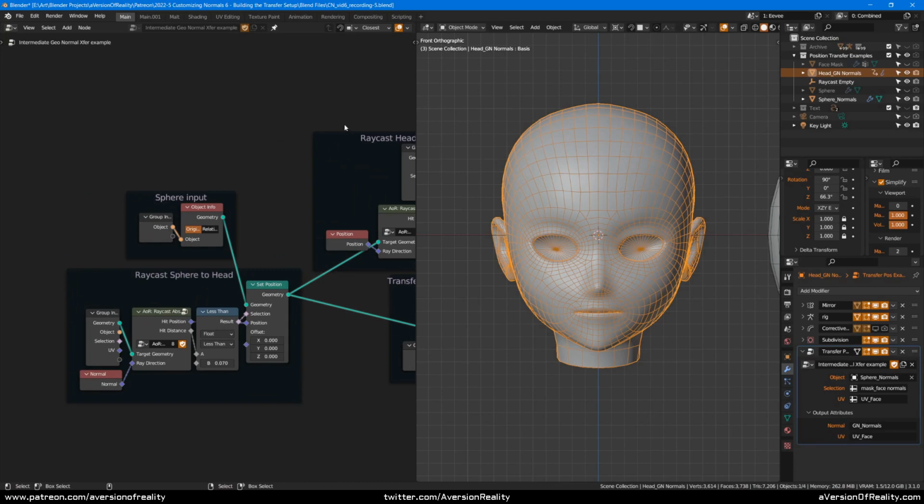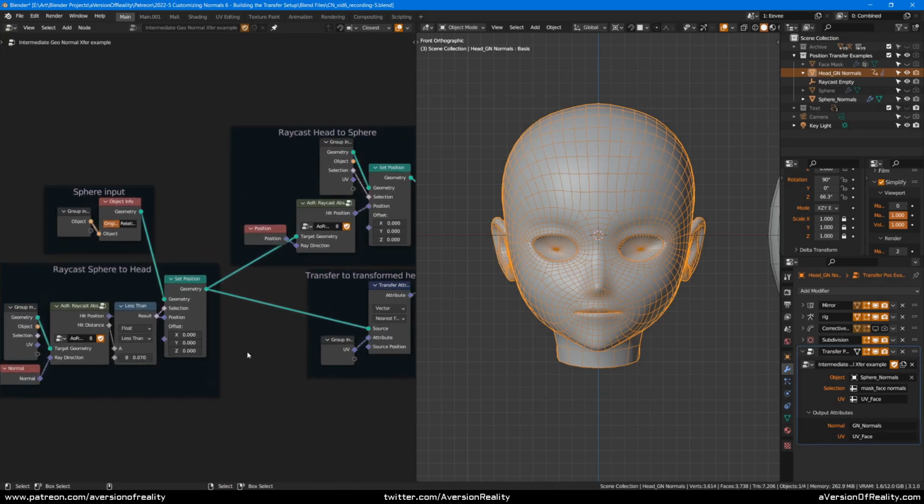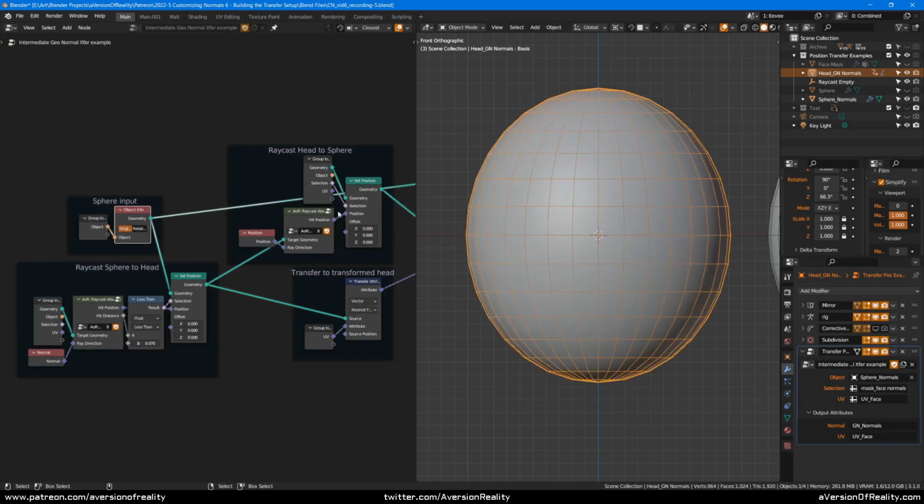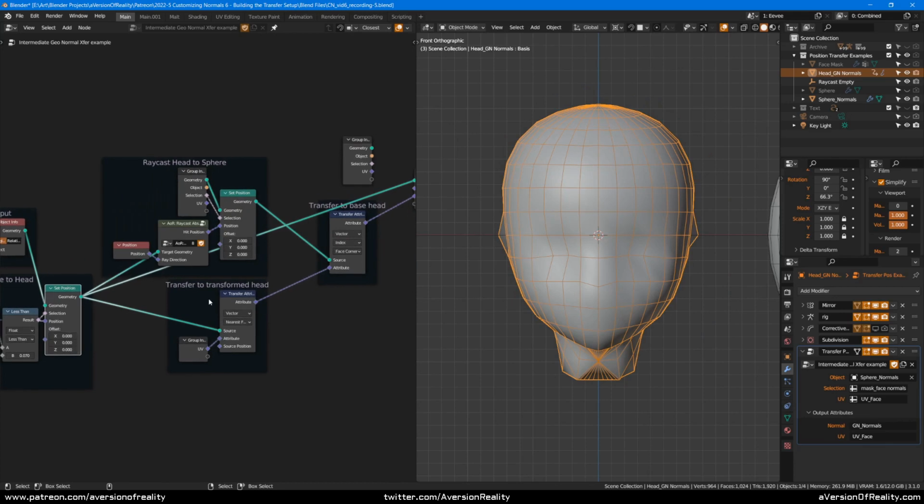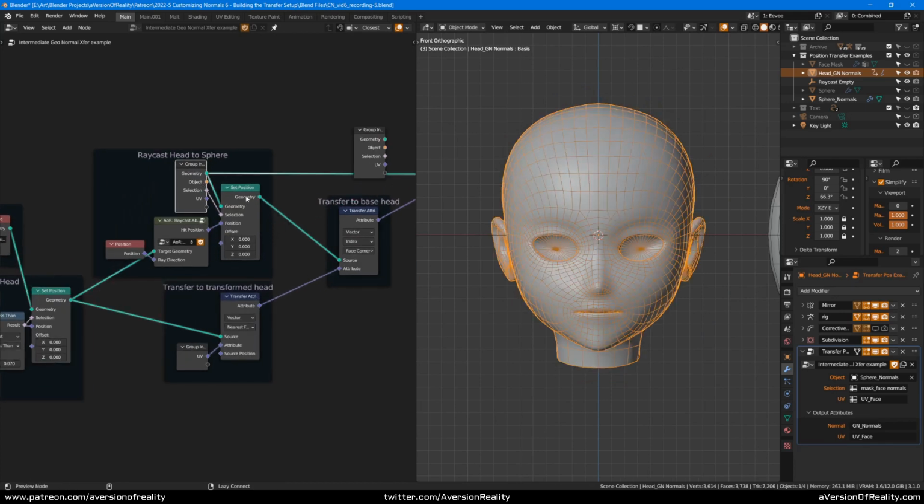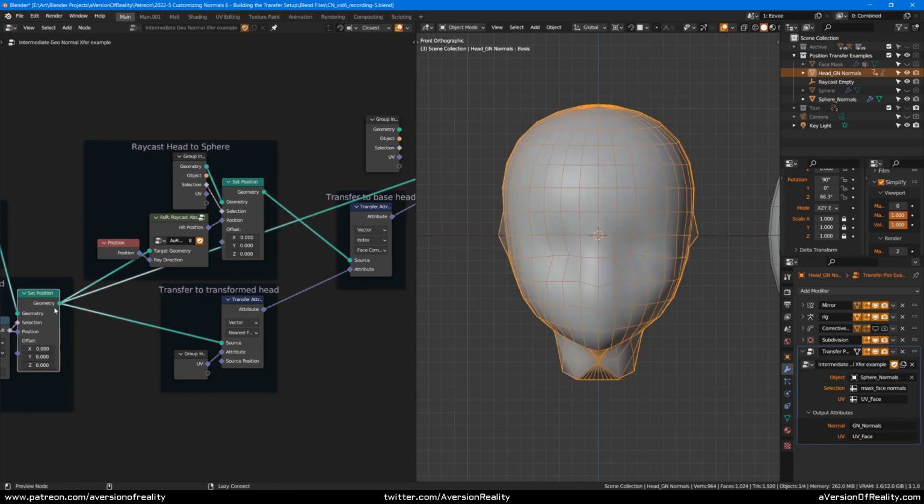Here is our practical example. We'll look at the setup first with UVs. It's a combination of things we've already looked at. So we get our sphere. We raycast it based on its normals to the head. We get our head. We raycast it based on its position onto the sphere that has already been raycasted to